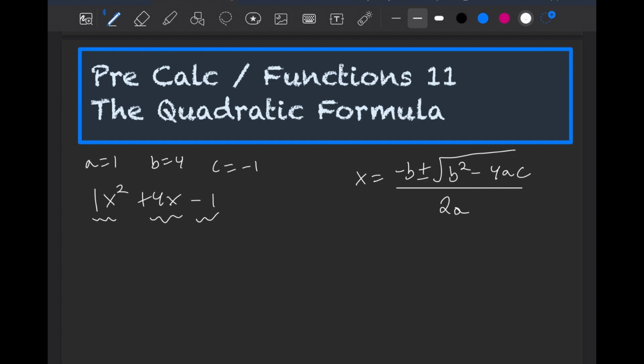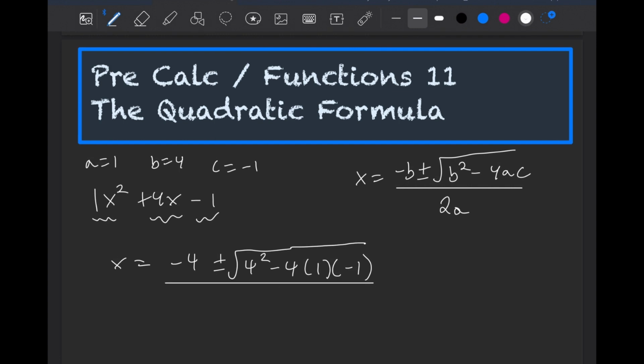So let's try this one. What we're going to do is plug it in. So we're going to have x is equal to minus 4 plus and minus the square root of 4 squared minus 4 times a is 1, and then c is minus 1. I personally never use this unless you absolutely need to, because it's kind of a hassle. But when you do that, you will get